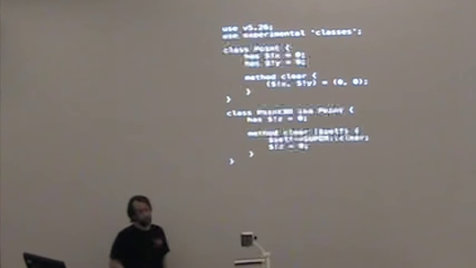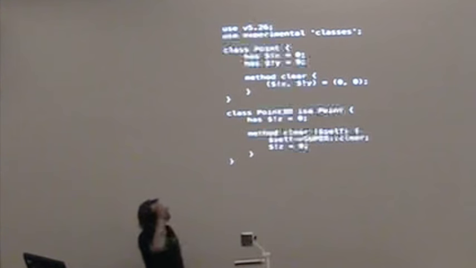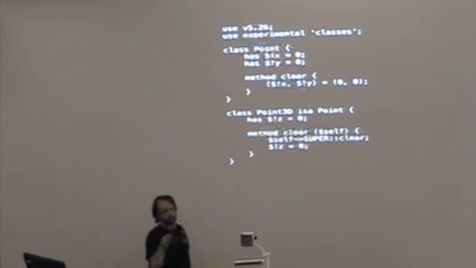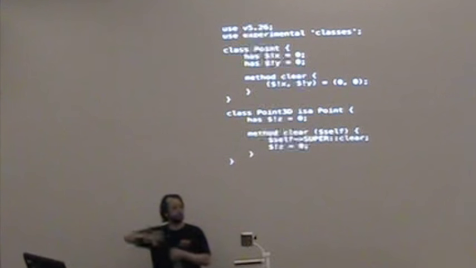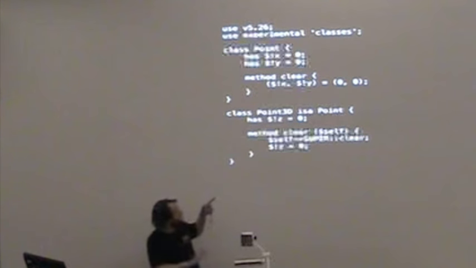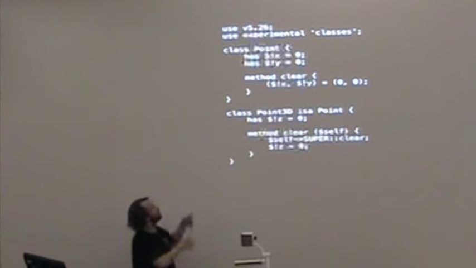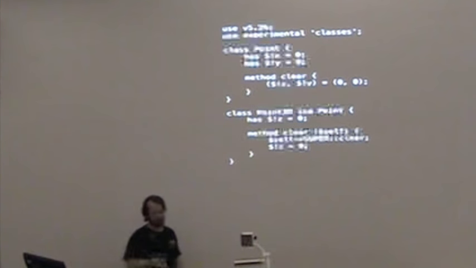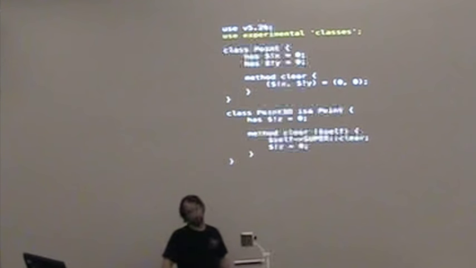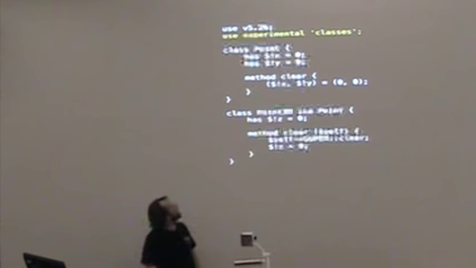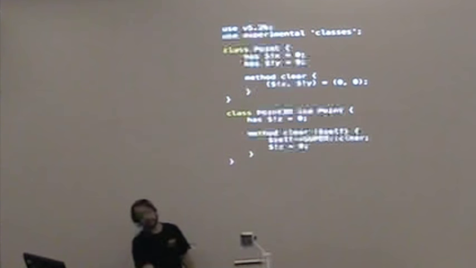It looks very much like Perl 6. It follows a lot of Perl 6 conventions and ideas. We have the twigils. I'll show in a second how traits are done and everything like that, but this is the base idea. I know this one's going to be controversial, so this is not required for the rest of the talk. You will see this is just a nice to have on top of it. I figure 5.26 is the earliest I can possibly get it in. And we almost certainly make it experimental because we're doing that with everything, even retroactively now. But it's pretty simple. Classes are classes. No longer are classes packages.